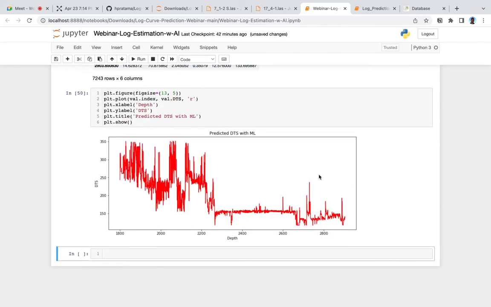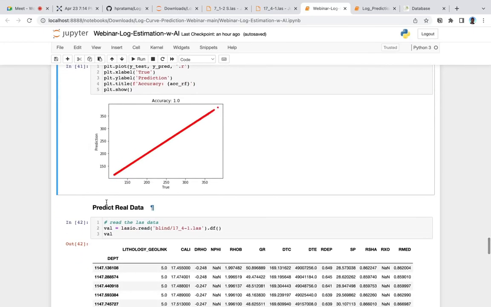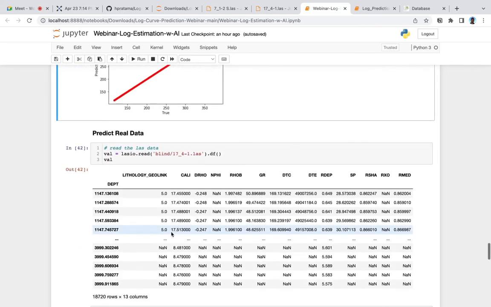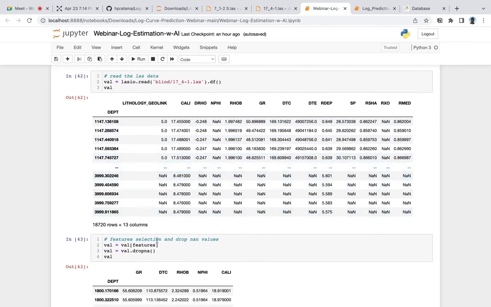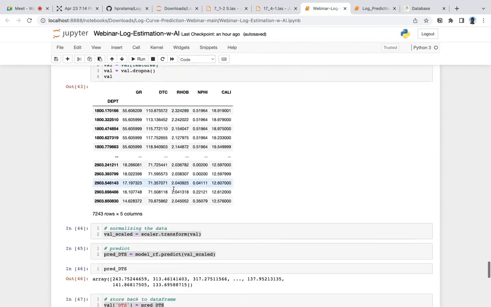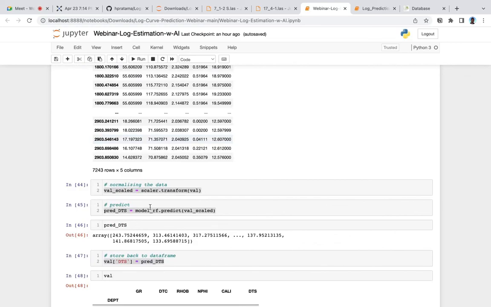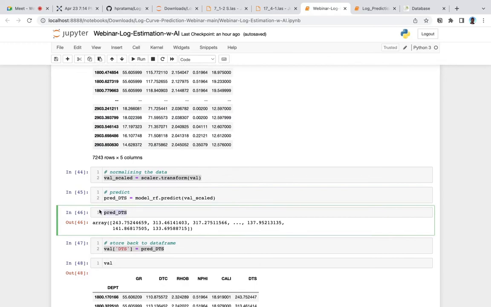Alright, this is the end of the live coding session. We can apply this model to real well-log data that doesn't have any DTS value. To do that, we perform the feature selection again, drop the NaN or missing values, then scale the values into the 0 to 1 range, and the model will predict the DTS.